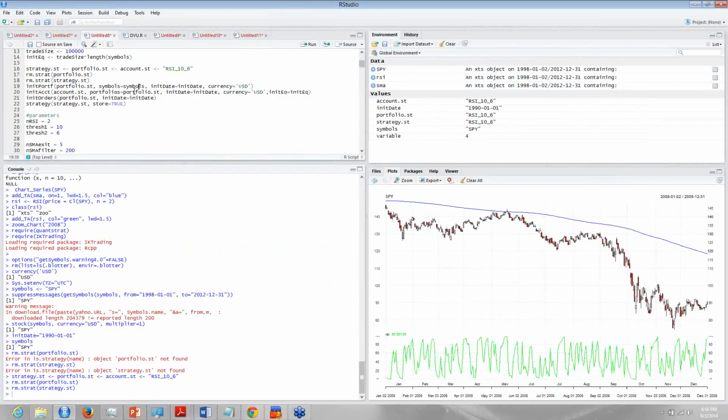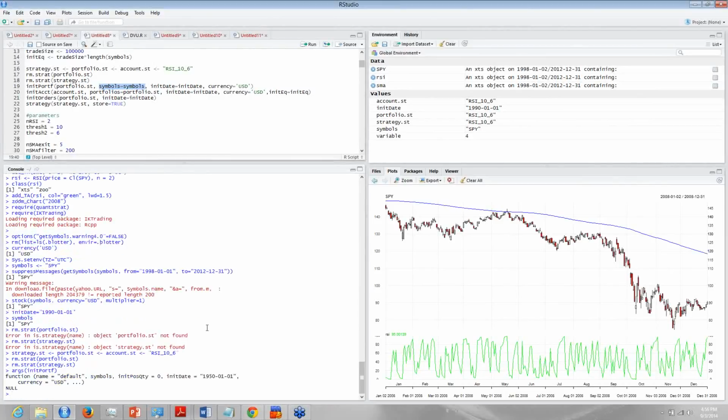So here are our 3 initialization lines, and let me blow this up so you can see exactly what's going on here. We need to initialize our portfolio: the portfolio string, so that's our portfolio name, and our vector of symbols. There's an argument for init portfolio, symbols, which is a vector of symbols, and I also called my vector symbols. So the vector it expects, called symbols, is my vector, also called symbols. I use these names deliberately so I can say symbols equals symbols, init date equals init date, currency equals USD,